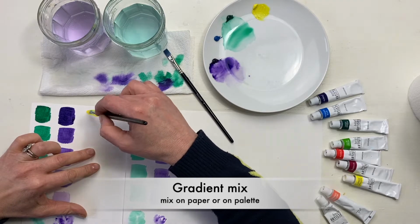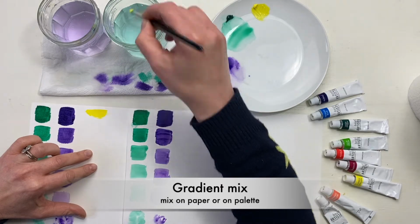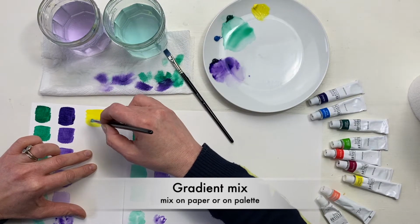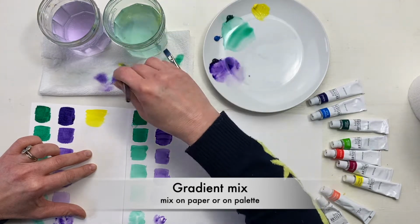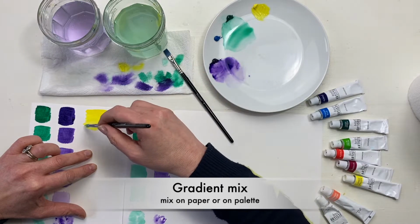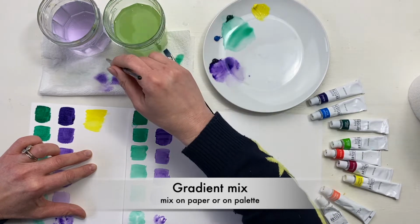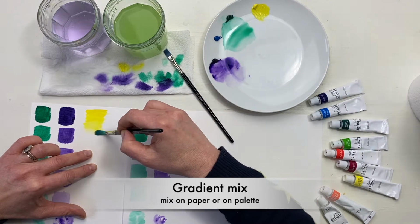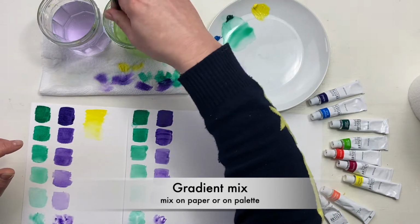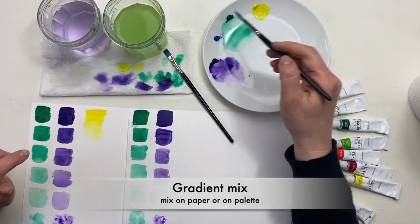So if you start with a thicker layer, with an opaque layer, and then gradually add some water to it, sort of to get a gradient wash. I've got a lot of paint on my brush, and so you just slowly do a gradient wash like this, and then clean your brush, make sure there's no paint left on it, and we're going to grab some blue,